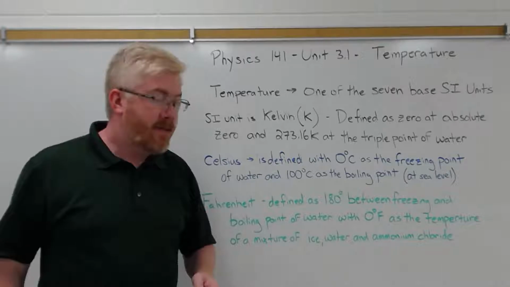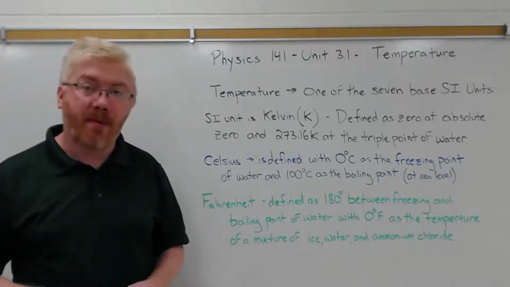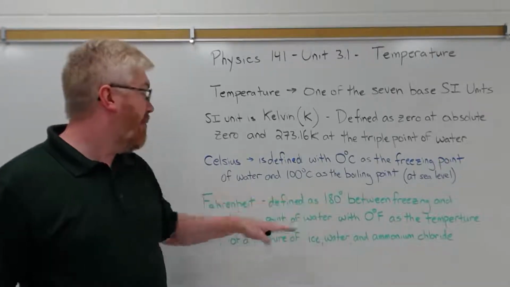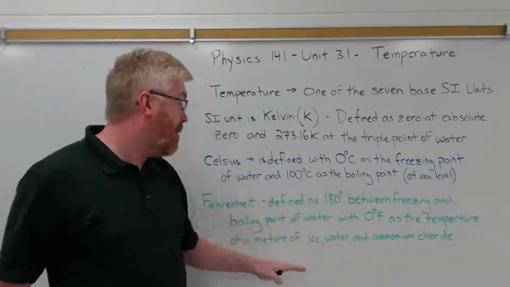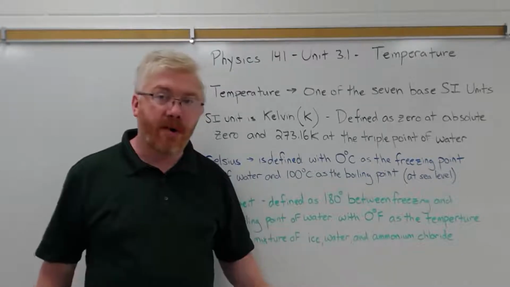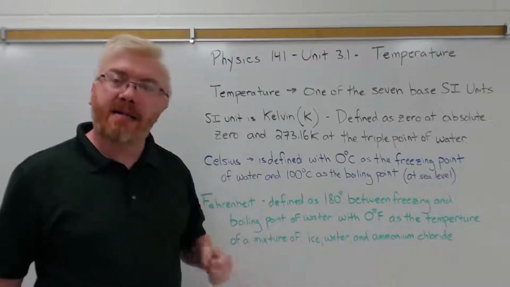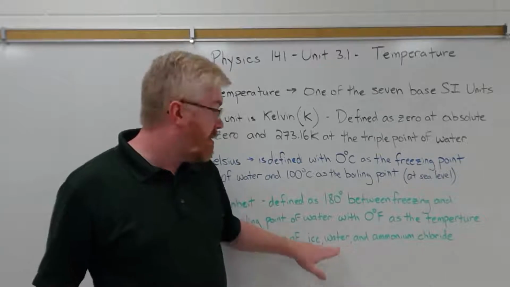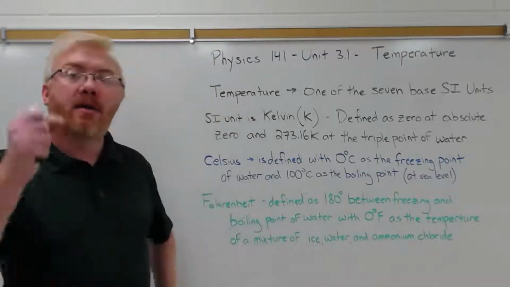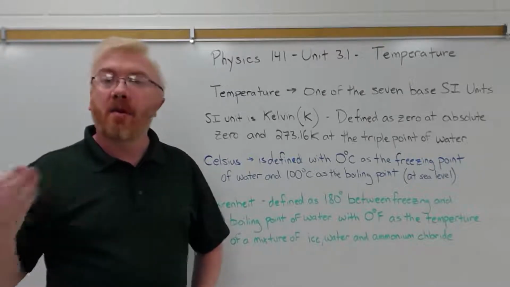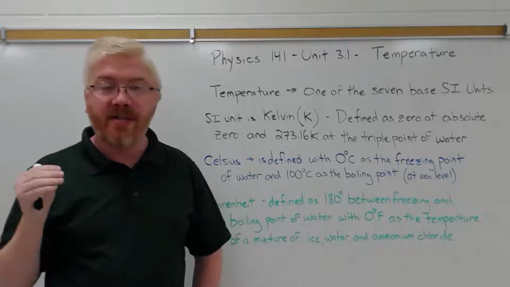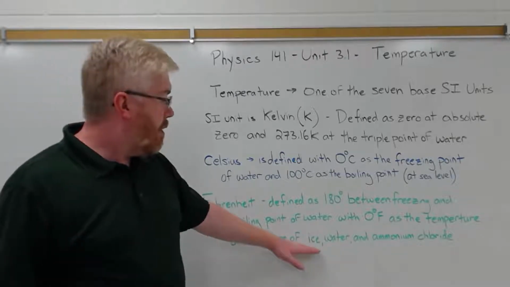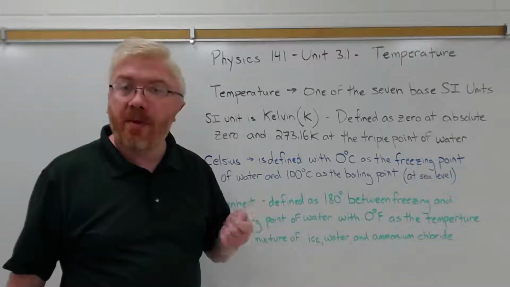But in the US, Fahrenheit is the temperature scale we're most familiar with. Now, the Fahrenheit temperature scale is defined to have 180 degrees between the freezing and boiling points of water, with 0 degrees as the temperature of a mixture of ice water and ammonium chloride. So they tried to standardize this temperature so you could replicate it in a lab. So with a specific mixture of water, ice, and ammonium chloride in specific quantities, you could drop the temperature down, right? Adding salt to ice lowers its melting point, or it lowers its freezing point,